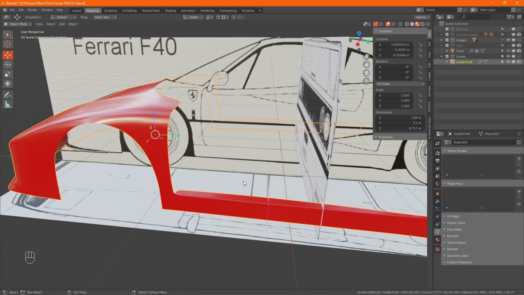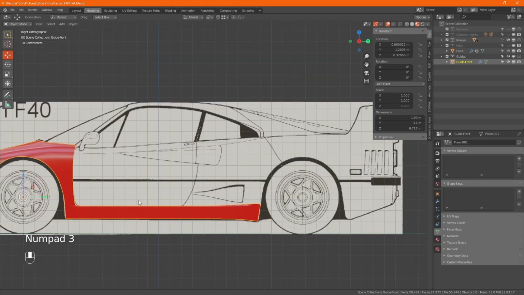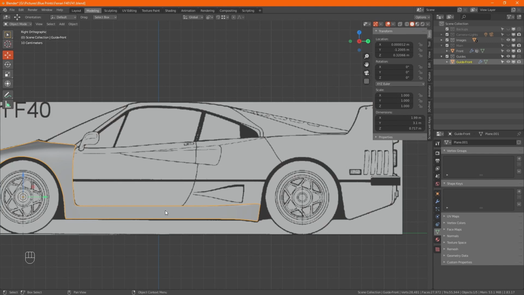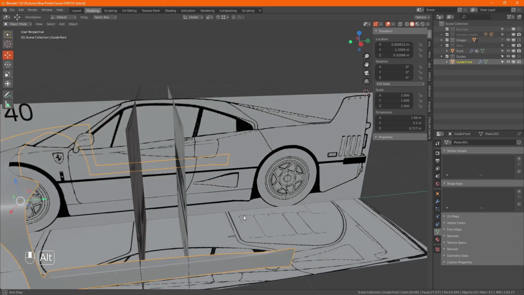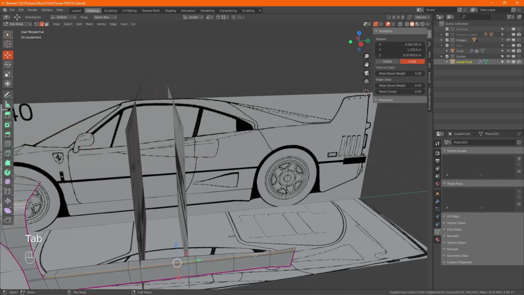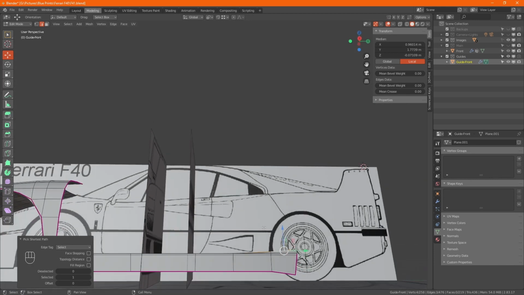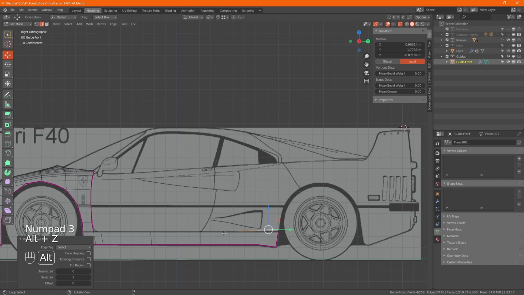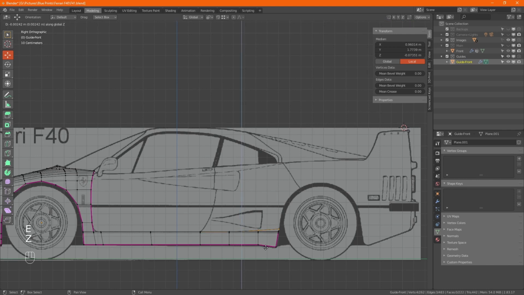What's that on? Oh, it's only on 15 minutes. We'll get a little bit more done. Right, so we ignore the vents. This is just the guide, don't forget. Oh, this is going to be strange to do. So we need that control to there. Right? But inverts. Right, now if we go extrude Z,